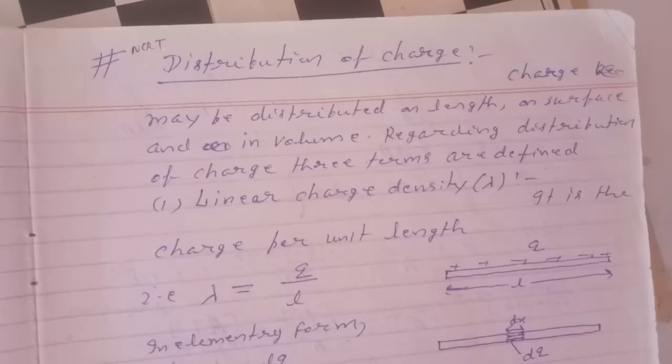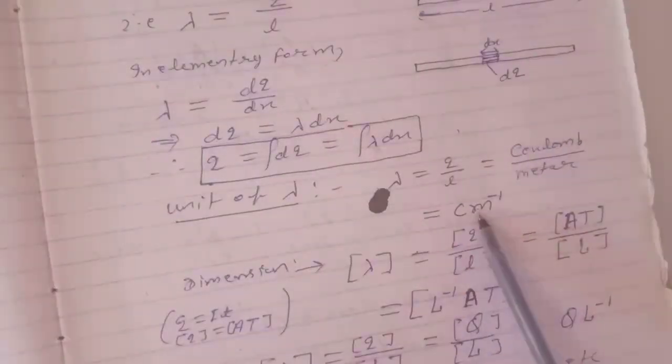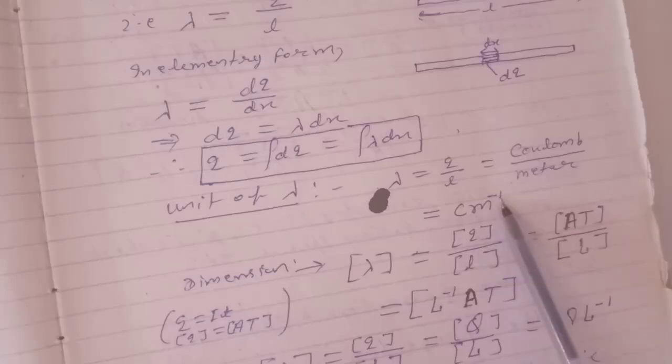Now integrating, q equal to integration dq, integration lambda dx. Unit of lambda: lambda equal to q by l, so it will be coulomb by meter, or coulomb per meter. Answer, coulomb per meter is the unit. And